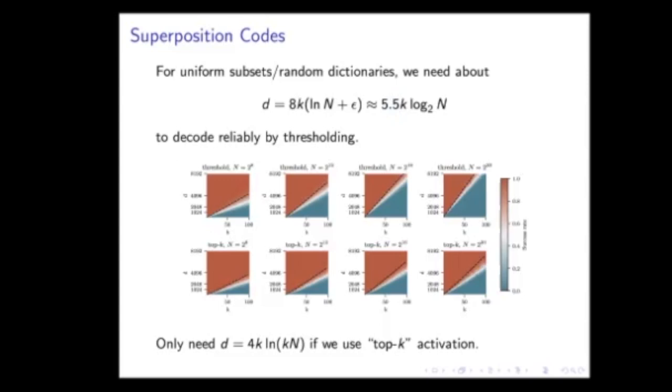The more recent sparse autoencoders have used top-k activation, where instead of using one cutoff, I go in with the assumption that my sparse latent has exactly k active elements, and I choose the cutoff that will leave me exactly k active elements. So I choose the top k largest inner products. If I do this, this factor goes down to 4k log, except I have a little extra term: I'm going to have 4k log k. But still, this is not so great.